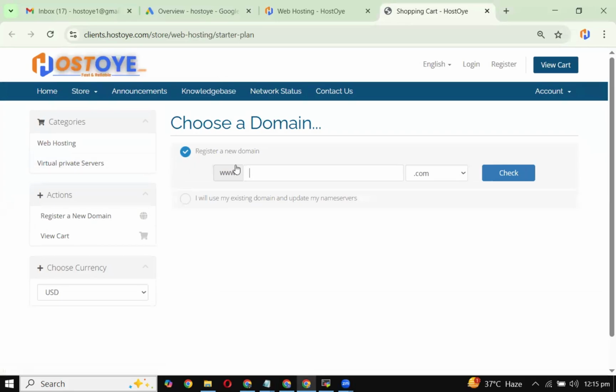And here you can find two options. The first one is register new domain, and the second option is I will use my existing domain. It means if you want to buy a domain and hosting from hoster, then you need to select this option. And the other option is if you have already bought a domain, just like hoster.com, facebook.com, youtube.com, it's called a domain. So if you have already bought a domain from Namecheap, GoDaddy, or any other domain provider, then you need to